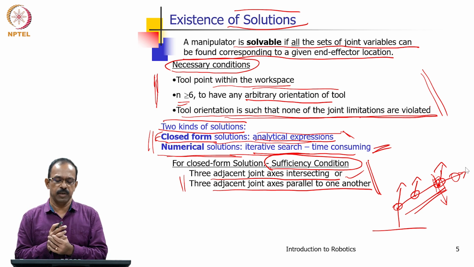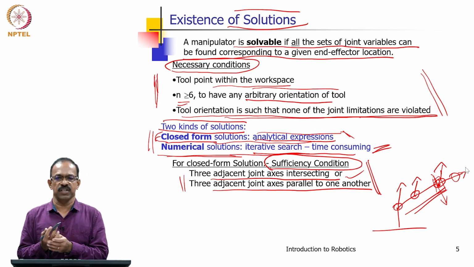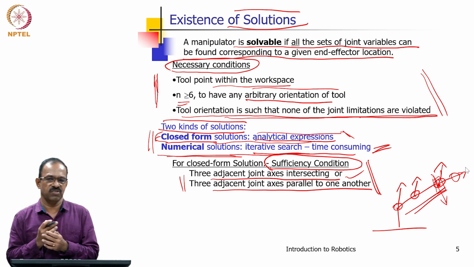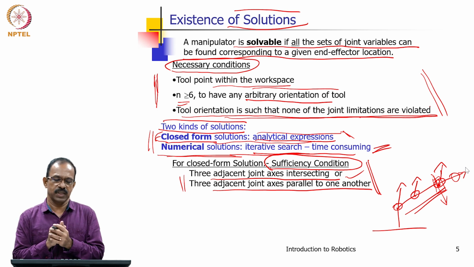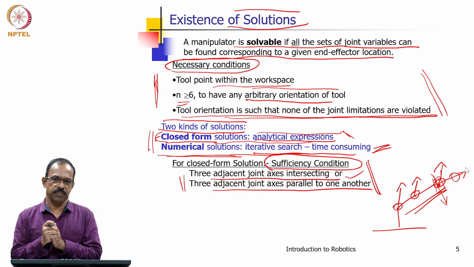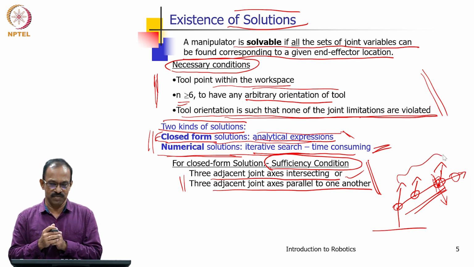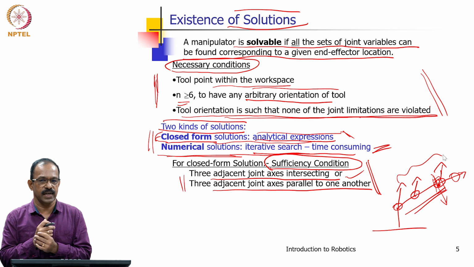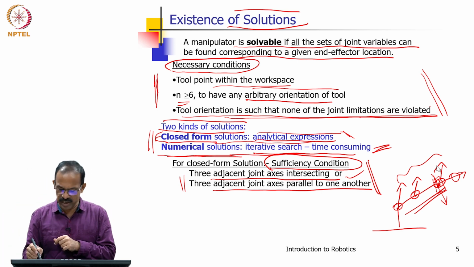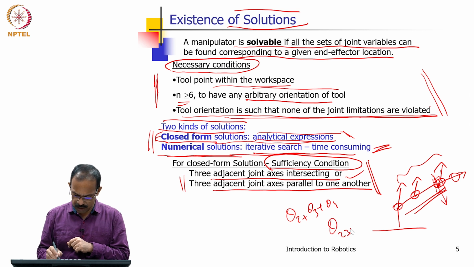So, whenever you get a manipulator to be solved for inverse kinematics, first thing you need to check is whether the closed form solution exists or not. If the closed form solution does not exist, then you will not be able to solve it using algebraic or geometric method. You have to go for numerical method only. And where this condition comes from, you can actually see later when we try to solve. So, probably if you remember the forward kinematic relationship, if there are 3 adjacent joint axes, you might have seen that it actually comes like theta 2 plus theta 3 plus theta 4 format, or we write it as theta 2 3 4.